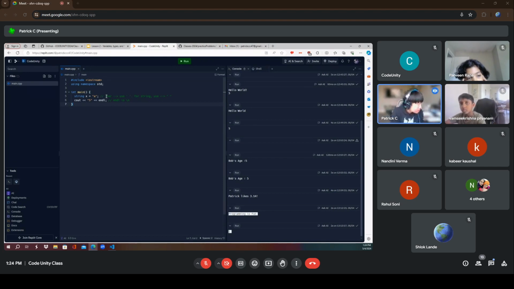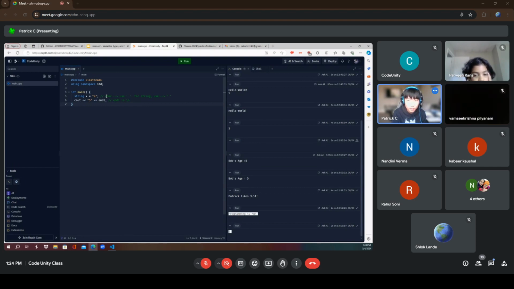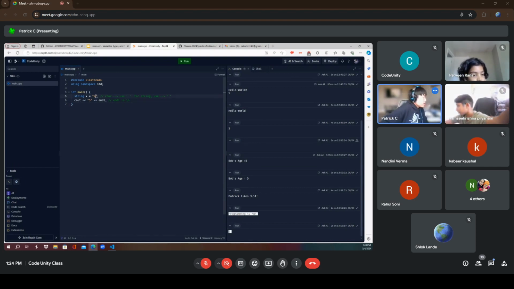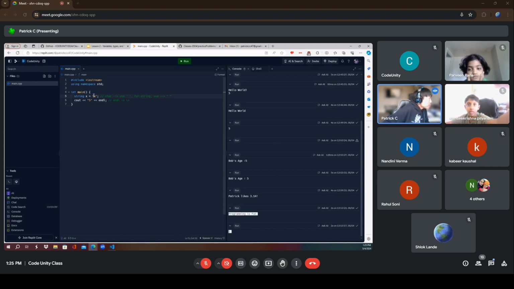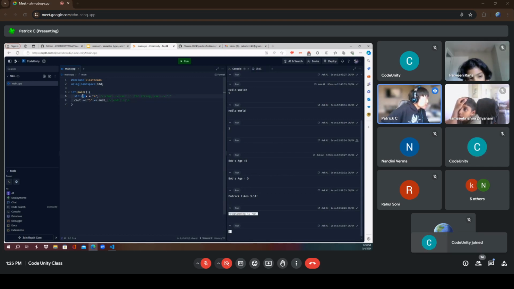Now here's something I want to mention: for a character, you can treat it like a string, but for a string, you can't treat it like a character. So this is what I mean. Here I have the letter A, right? That's considered a character, just one letter. But if you put double quotation marks around it, you can treat it like a string. Because a string is a string of characters, and technically one character can be a string of characters, even though it's just one. So you can treat characters like a string. However, you cannot treat strings like a character.